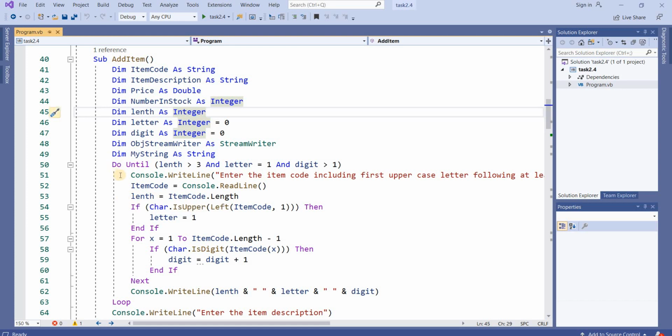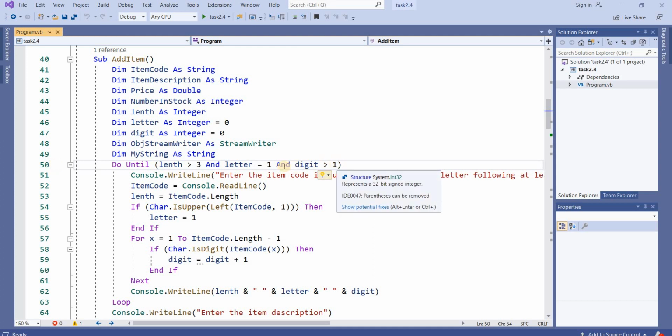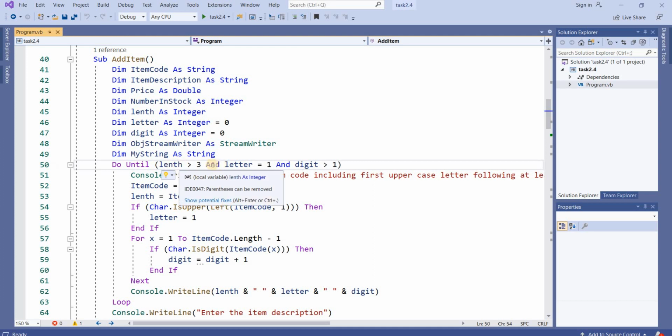First of all I enter a do loop, it will repeat until length is greater than 3, at least one uppercase letter, and at least 2 digits. When you enter 2 digits, this condition will be true. I need all of these, that's why I put And between them.